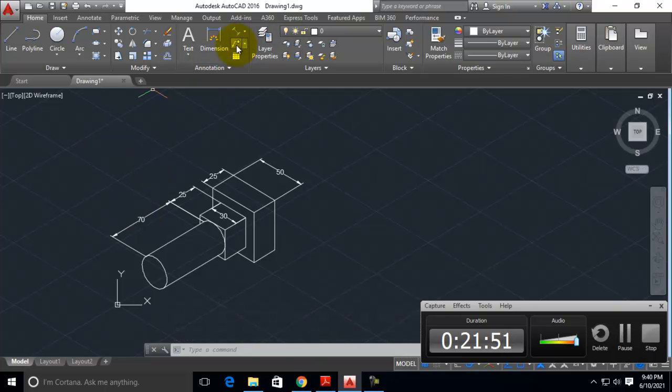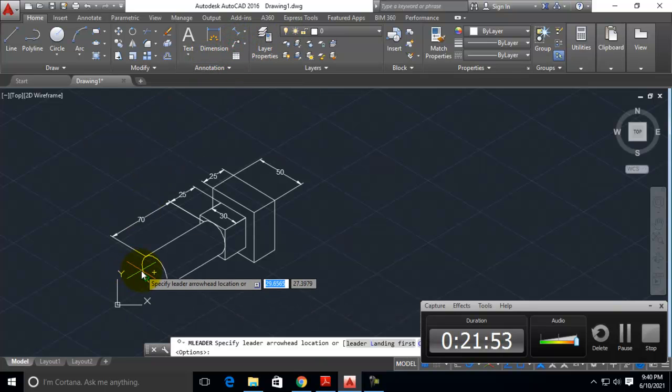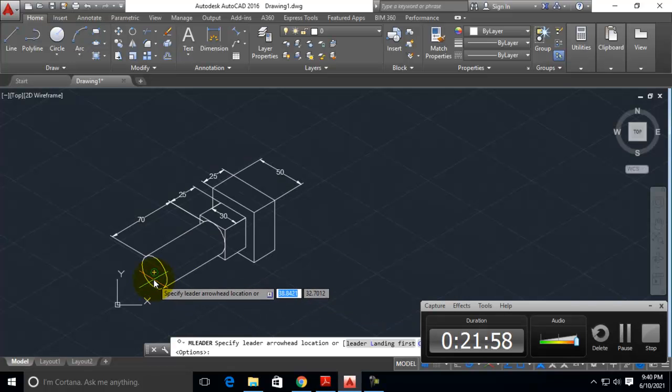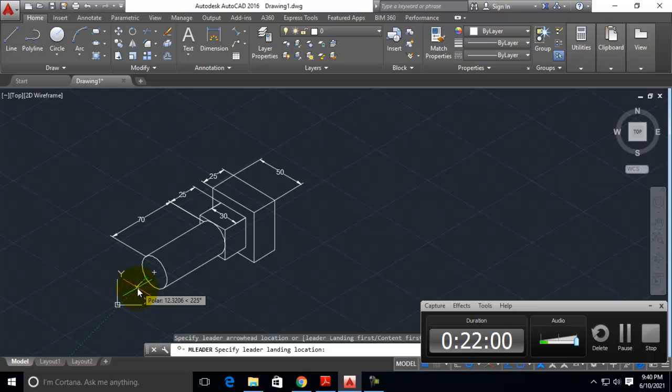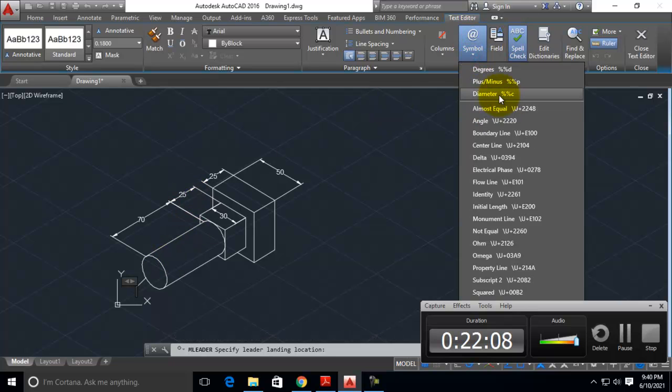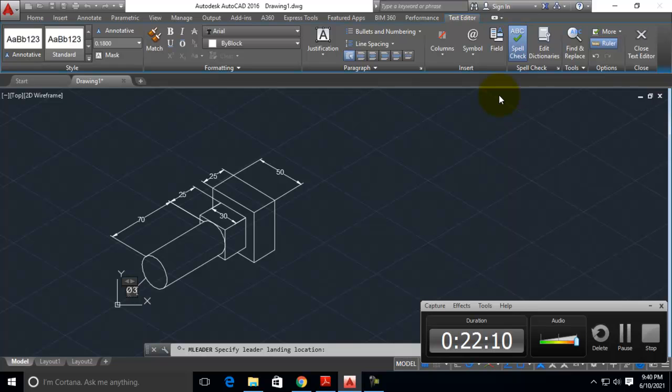So you use the leader option, select this. Similarly it is marked over here. Select here, click here, and it is asking us to type the value. Symbols you can use, diameter 30 only. Give 30 as diameter, close text editor.